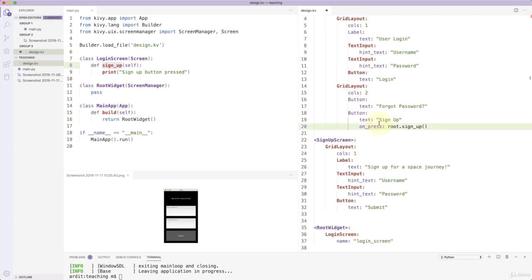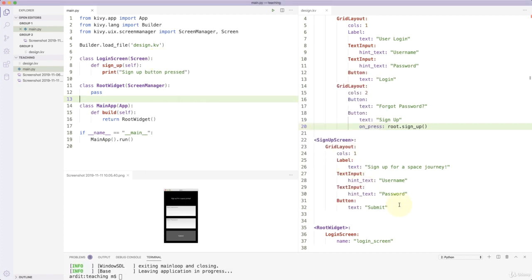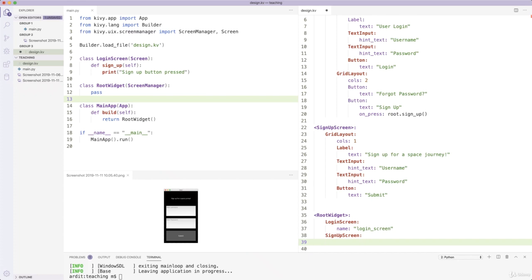Now, if you save this Kivy file and run the Python script, nothing is going to happen because the sign up button is still printing out this symbol string, and the screen we just created is not being sent everywhere to be displayed. So we are not giving any orders to display the sign up screen. So the next thing to do is to list the sign up screen among the root widgets, so to say. Name sign up